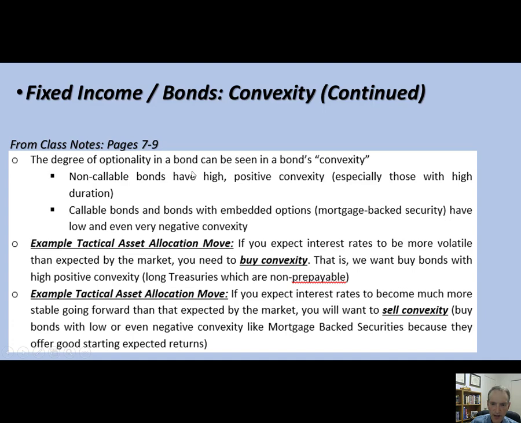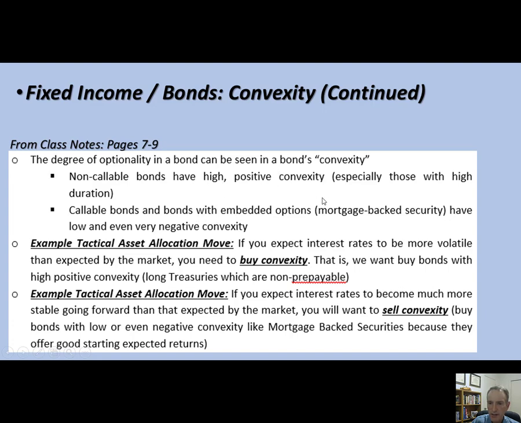So the degree of optionality in a bond can be measured by its convexity. Bonds with a lot of optionality will have very low or even negative convexity. So all right, remember the 3 things you need. The first one is the definition. We defined it. The second thing you need are the subcategories, and there's only 2 subcategories with convexities. They're bonds with positive convexity, those straight bonds, the bonds that have no optionality, and they're bonds with negative convexity, those with embedded options like callable bonds and mortgage-backed securities. They have low or even negative convexity. Those are the only 2 categories.